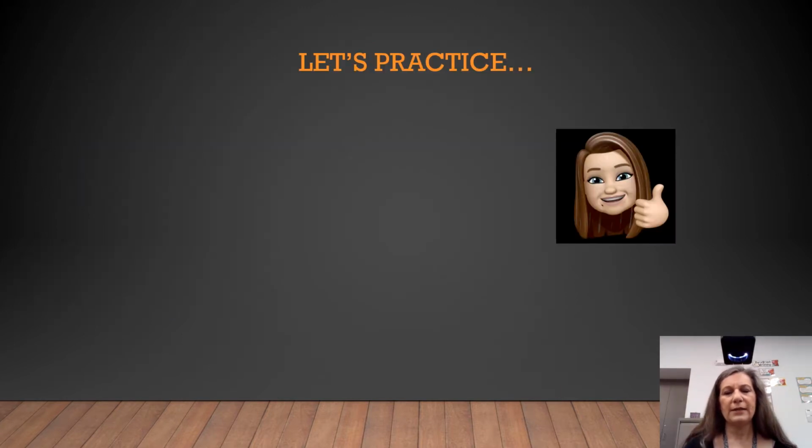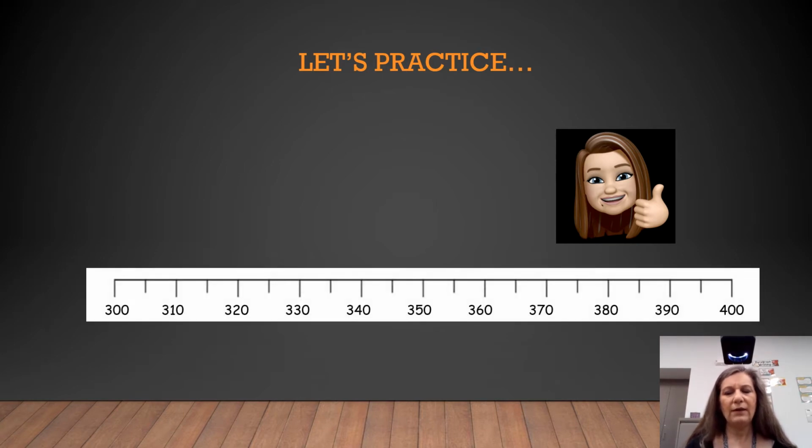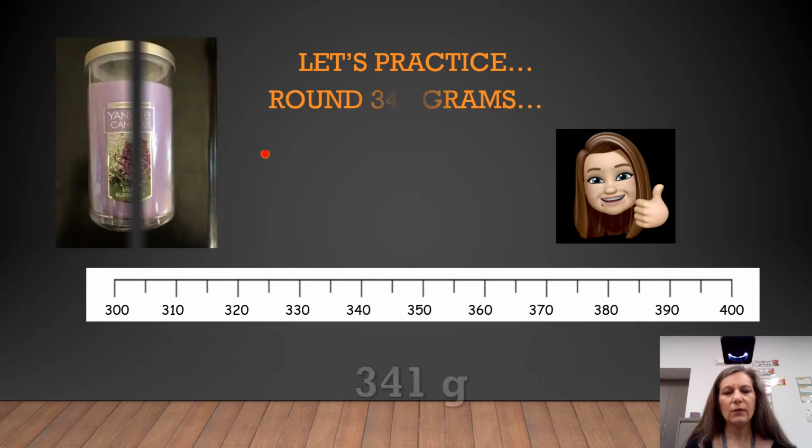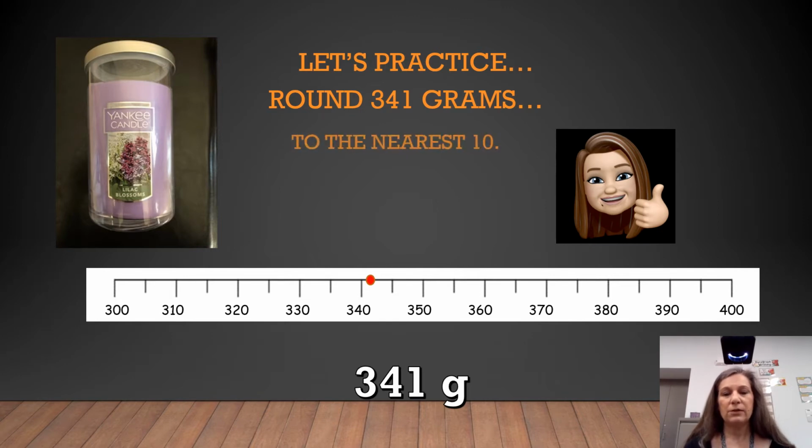So now let's practice. So we have a number line here, and we'll notice that it's in multiples of 10, but at each end we have 300 and 400. So we have a candle here. The candle is 341 grams, but we don't want to know the exact amount, let's say. We want to know about how much it weighs. So we want to round to the closest 10,